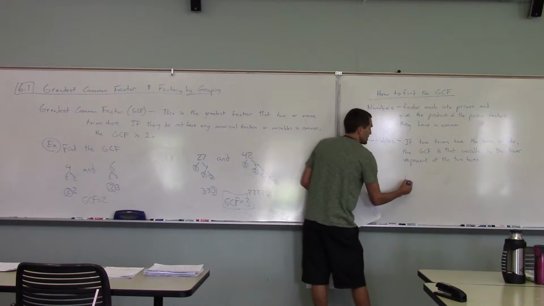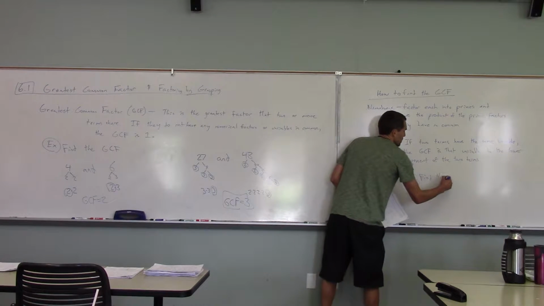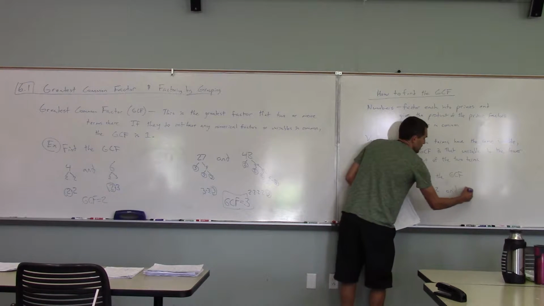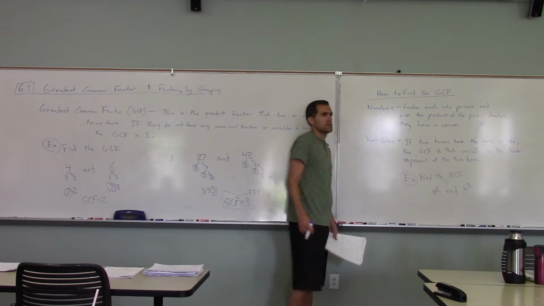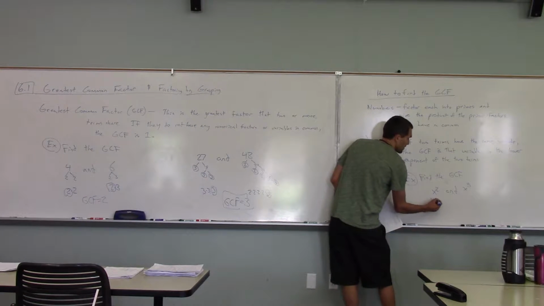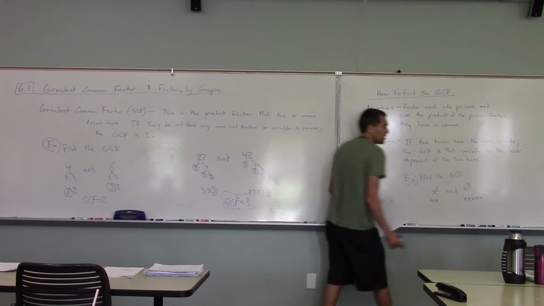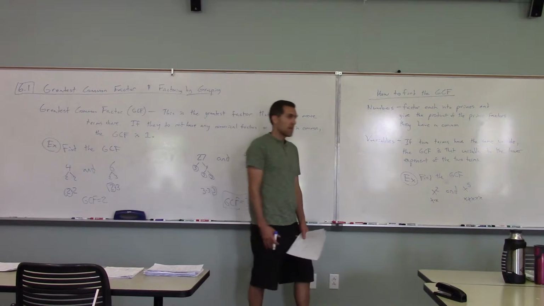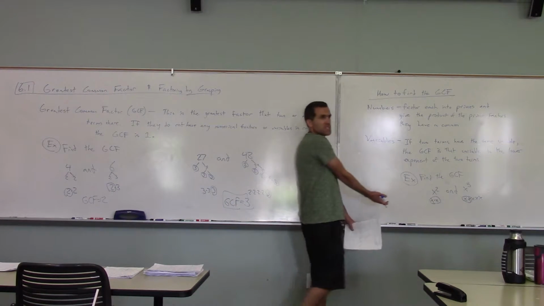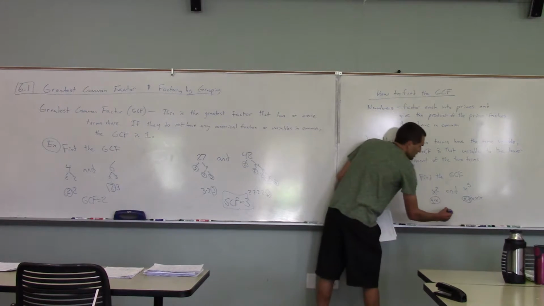Okay, so really easy, here's an example. What's the GCF of x squared and x to the 5th? Think about it, this is x times x. This is x times x times x times x times x. What do they have in common? X squared? Yeah, right? This one has 2 x's, this one has 2 x's, and then this one's out of stuff. You're at a limit, there's nothing more. So the GCF here is